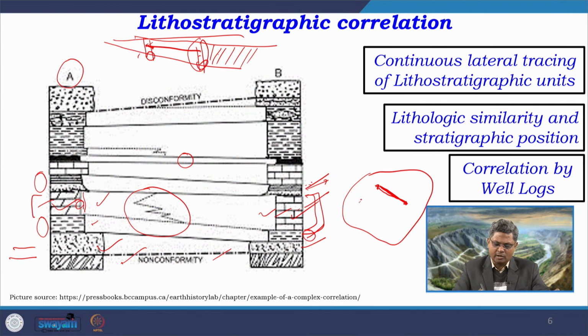So, we have to take logs from other portions, other areas, and we have to make correlations like this. When we make correlations like this and we make a correspondence through all these sections in between these lithounits, what we get is the 3D distribution of the depositional systems, which is required for sequence stratigraphic study.